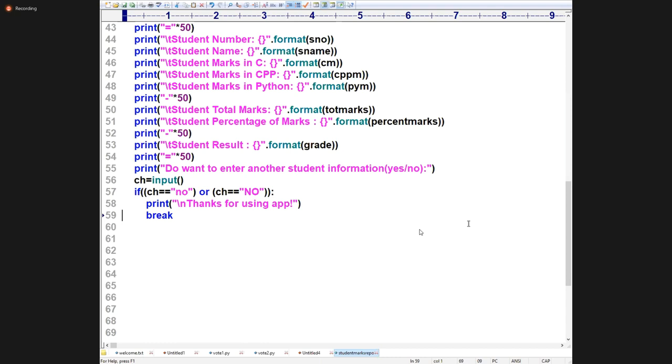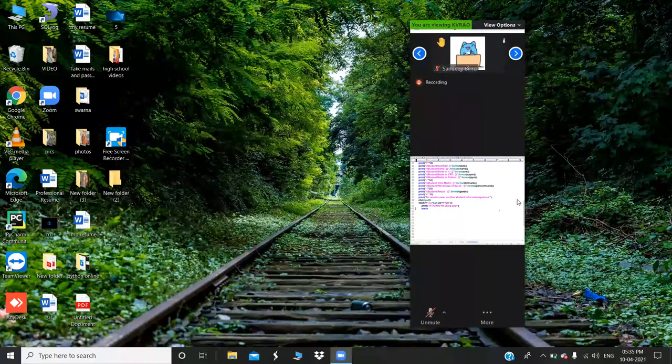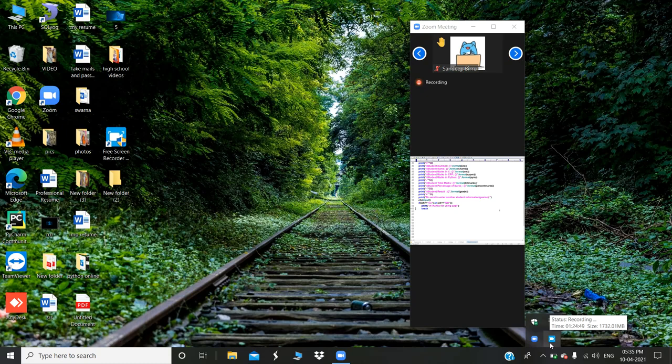Today morning only I said how to read the number of values until we press the enter key. Okay, no problem. I entered some name, T.S. Gupta. Okay, no problem.